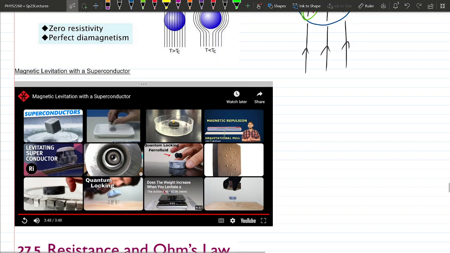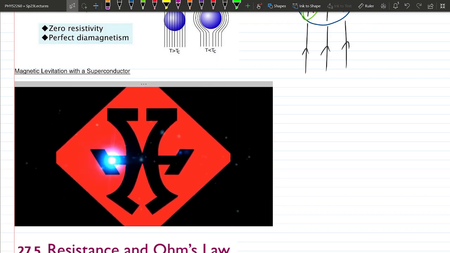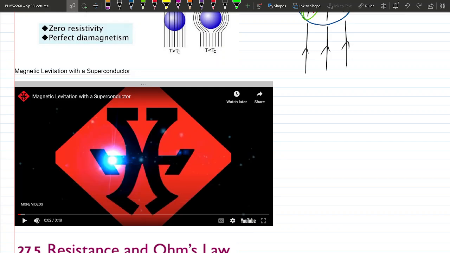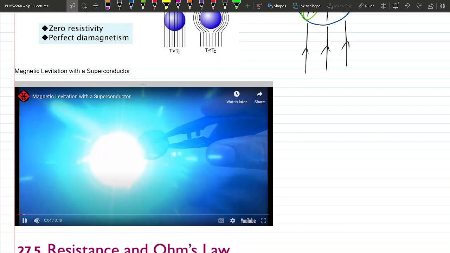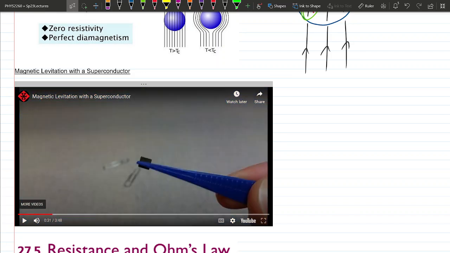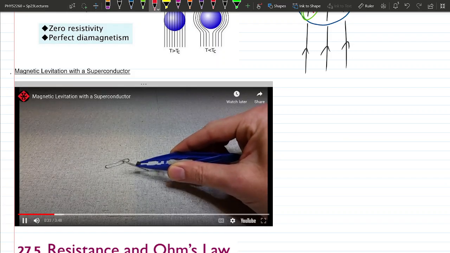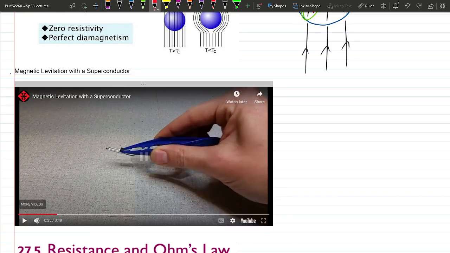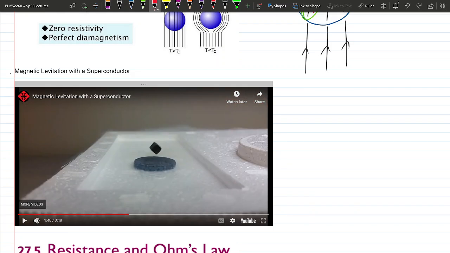Okay. Since I only have 3 minutes, let's not rush through the next section, which is the last section we'll cover. We can watch this little video while you guys pack up and get ready to head out, which is a little demonstration of superconductivity. None of this is going to be on your test or anything like that, but it's just a cool little video. Fast forward through it. Okay, where you can levitate a magnet